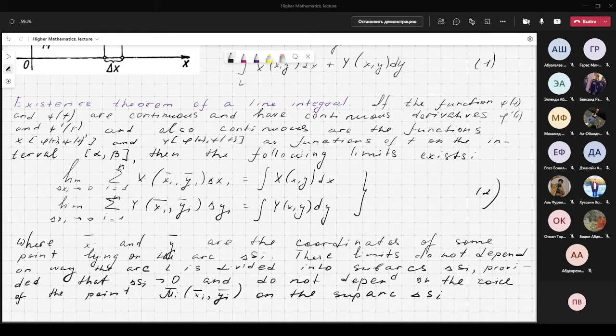They are called line integrals and are denoted as